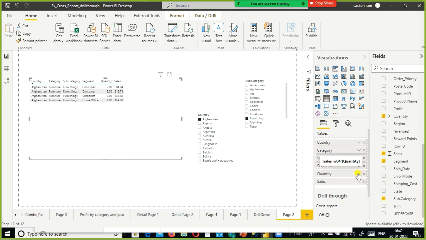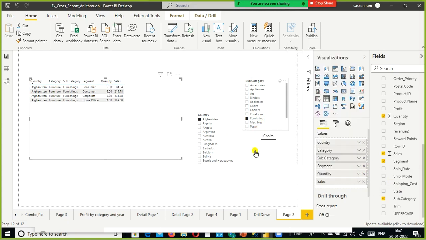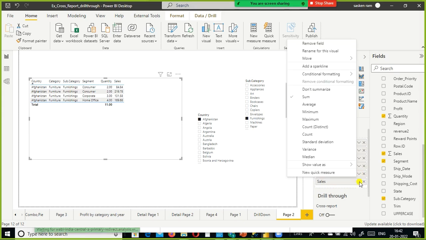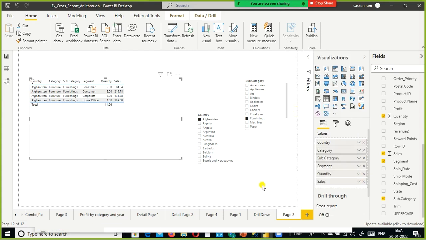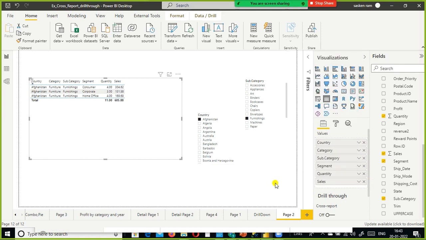If I enable summarization, what is happening? Only 1 record will be there in the furnishings consumer. Instead of 2 records, it will get added and then it will get aggregated or summarized. And I am going to do the same thing for, look here, though I enabled summary for this one, the sales, I need to enable the sum for that one also. It is loading, you have to wait. Look here. Okay, we will do it one more time. For example, for sales, if I don't do aggregation,